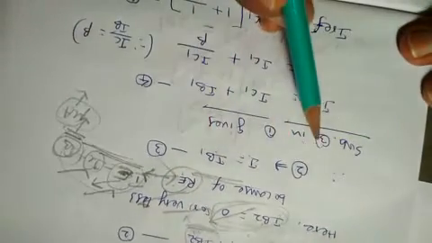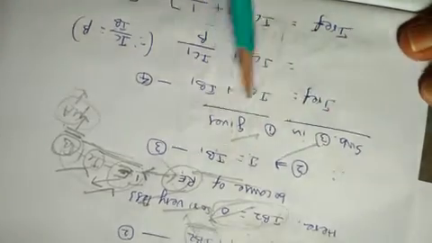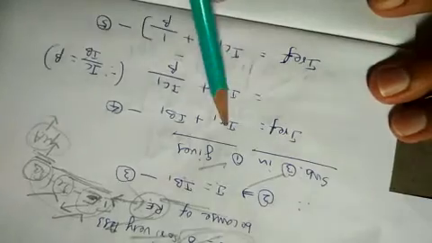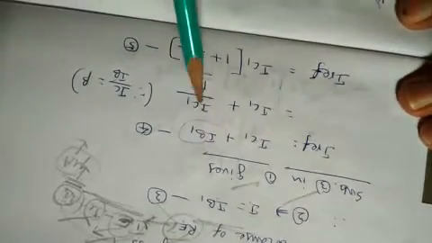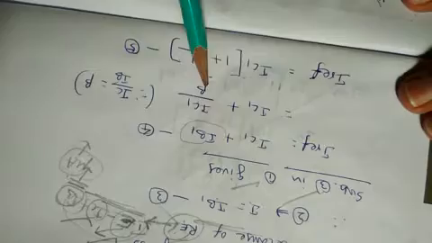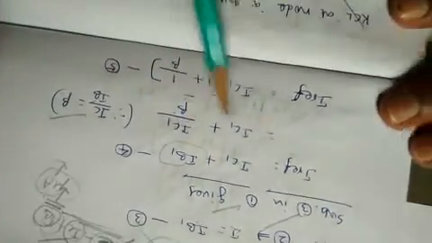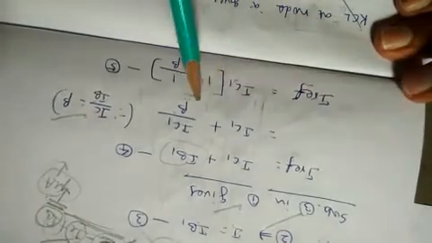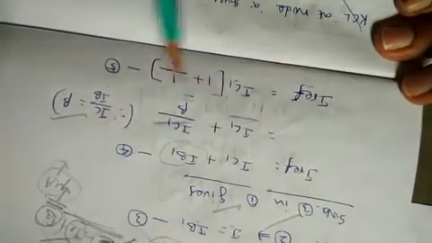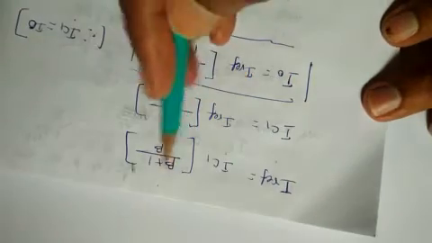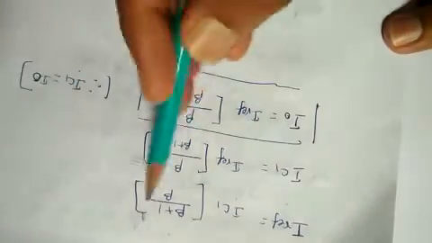So after substitution of equation 2 in 1, because equation 1 is simply IC1 plus I, here instead of I you can add IB1. So we know that IB1 is IC1 by beta, by using the current gain equation, IC by IB equals beta. I reference equals IC1 plus IB1. If you take IC1 as common, 1 plus 1 by beta, and further,